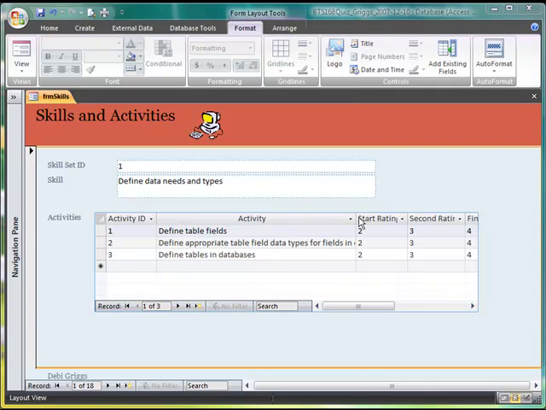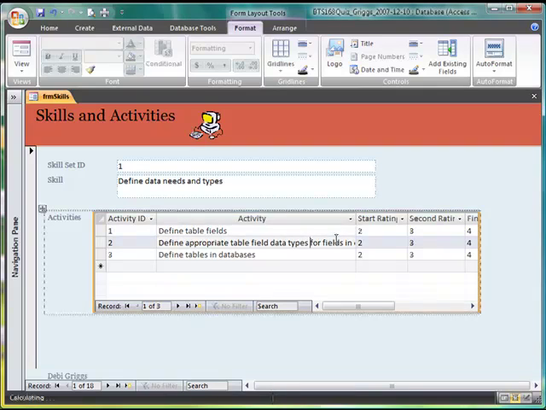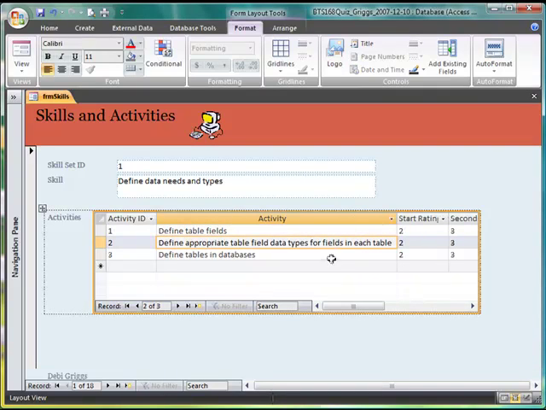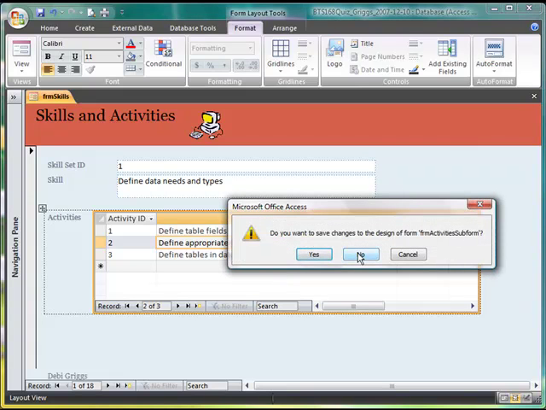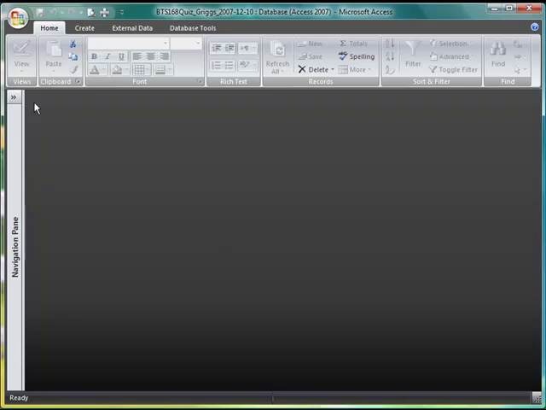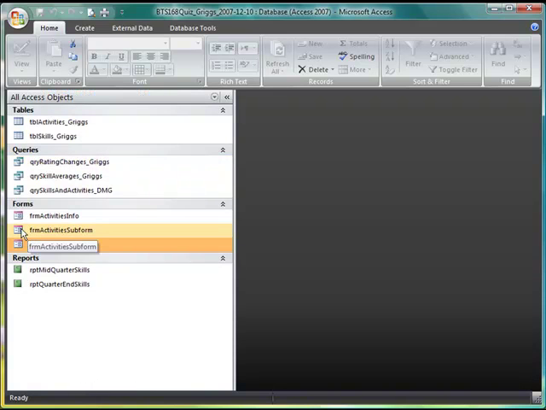If I were to resize these column widths appropriately, there wouldn't be enough room to see anything else. So what we're going to do here is I'm going to close this subform, and I'm going to take this main form and take a look at the subform, and I'll show you what I'm talking about. You say no to this, open up the subform,